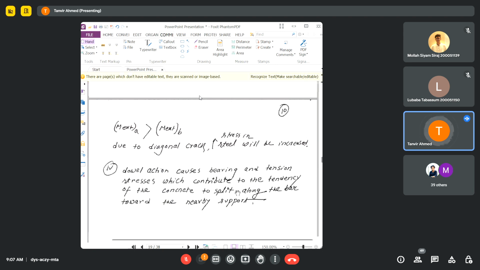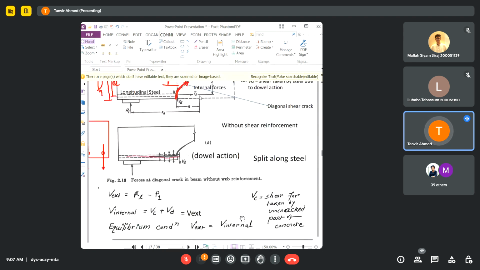And the last thing that I should explain is the dowel action. This dowel action will happen because the shear force on steel will try to split the bottom part of the concrete, okay, try to separate the bottom part of the concrete from the top part. যখন এই shear crack already form করবে তখন এই shear ফোর্সের কারণে, স্টিলের উপর shear ফোর্সের কারণে সে নিচের কনক্রিটটাকে টপ কনক্রিটের পার্ট থেকে আলাদা করে দেওয়ার চেষ্টা করতে থাকবে,